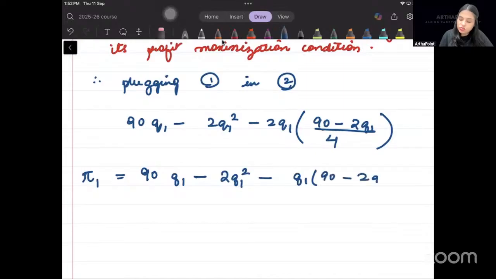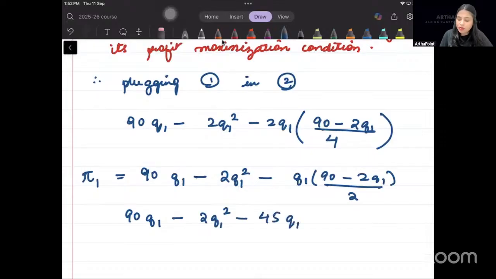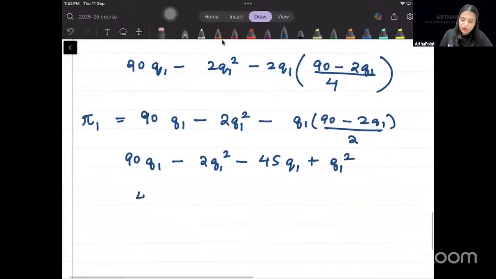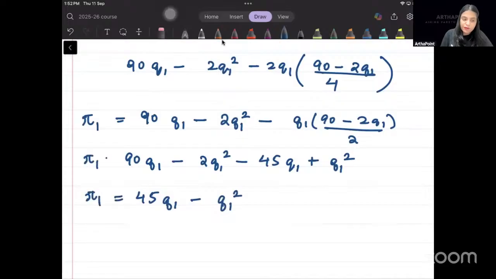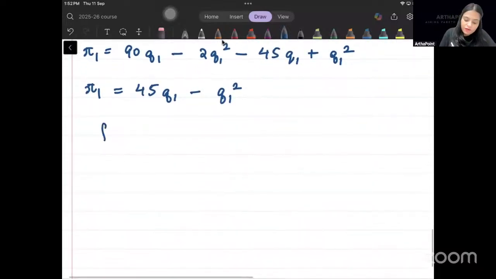90 minus 2 Q1 by 2. 90 Q1 minus 2 Q1 square minus 45 Q1 plus Q1 square. 45 Q1 minus Q1 square will be the profit function of firm 1. This is the profit function of firm 1. Now firm 1